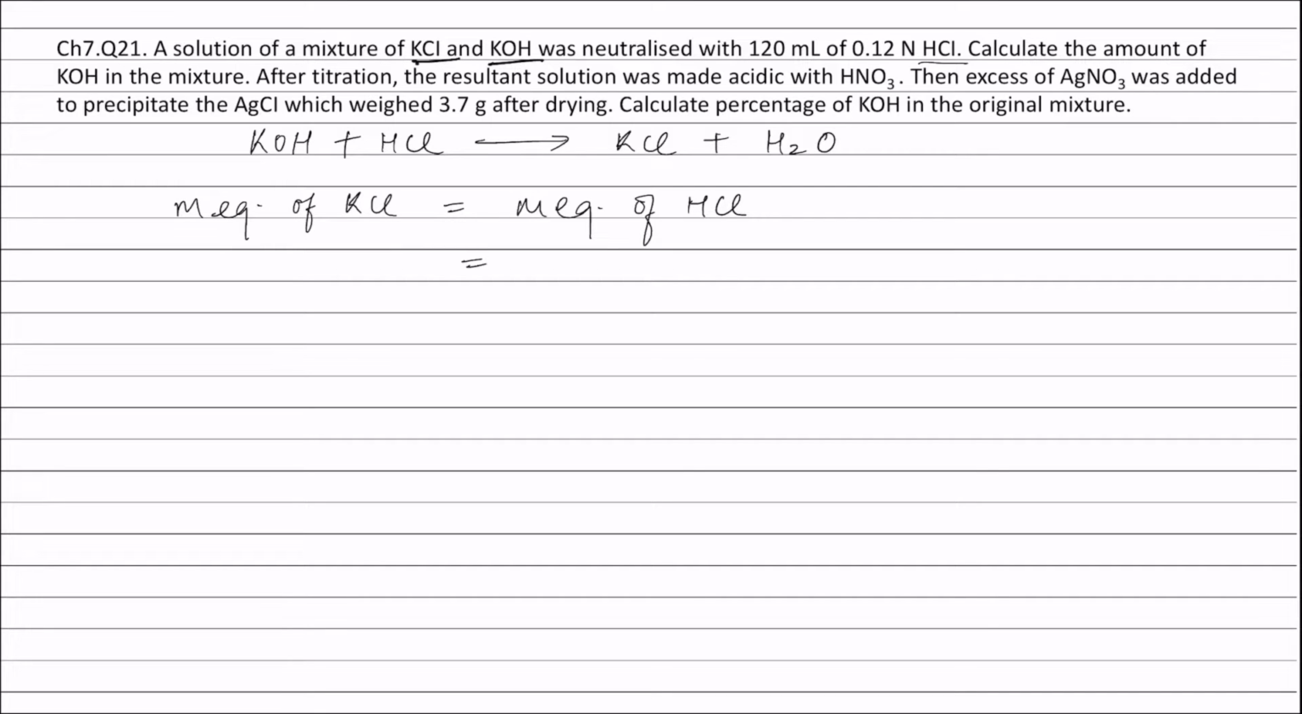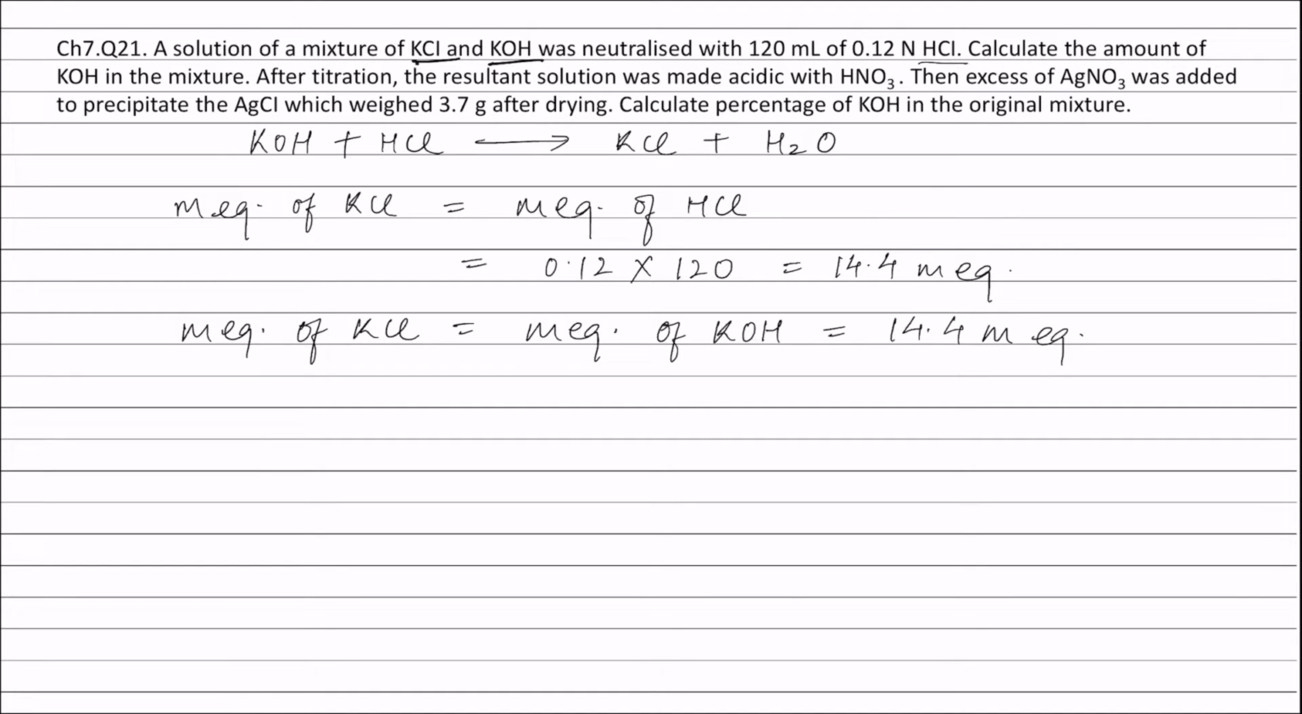and this is equal to normality of HCl, that is 0.12 N, times volume of HCl in milliliters, that is 120 milliliters, and this is equal to 14.4 milli-equivalents. Now milli-equivalents of KCl is equal to milli-equivalents of KOH, and this is equal to 14.4